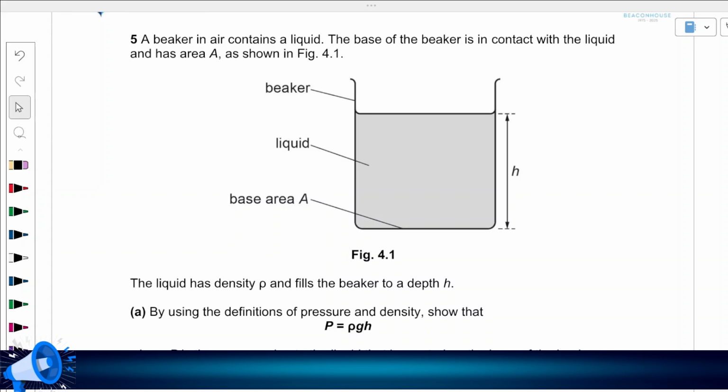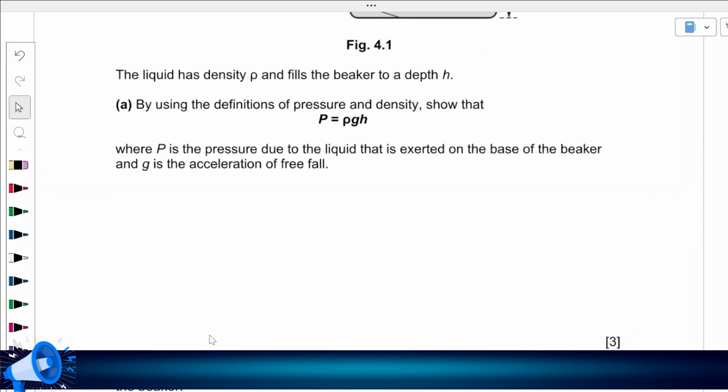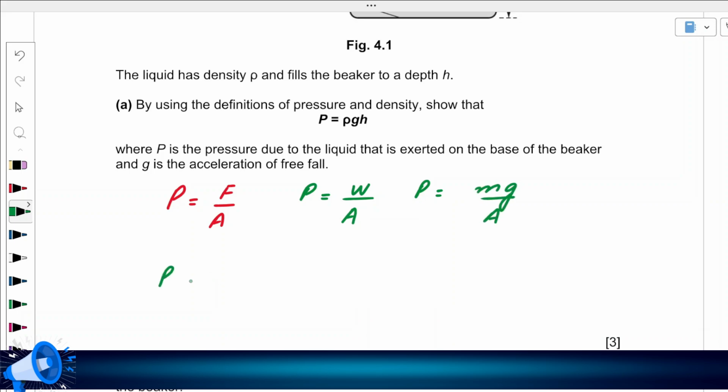Question number 5. So here we have question number 5. A beaker in the air contains the liquid. Okay, I'll scroll down to the main part. In the first one, you need to show pressure equals rho gh. So what we know is pressure equals force over area, and then force equals the weight of the object. Then W equals mg over A. Then pressure equals